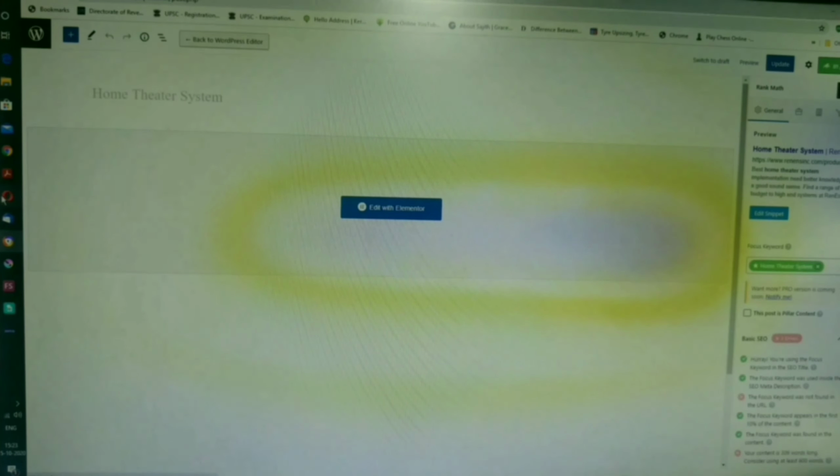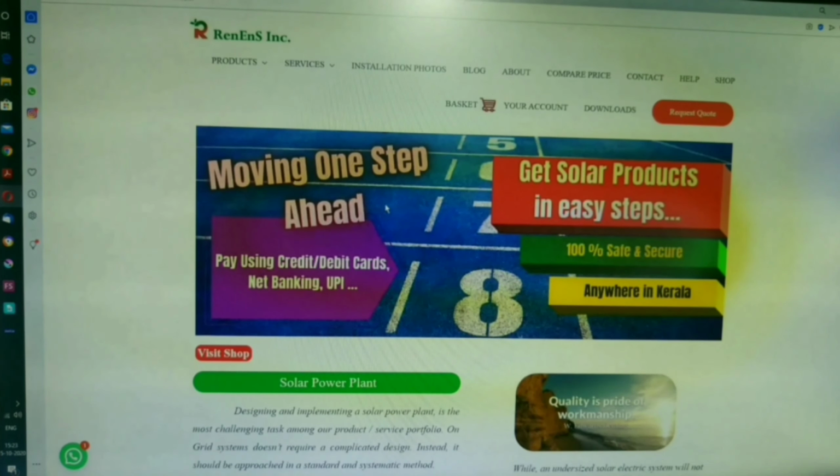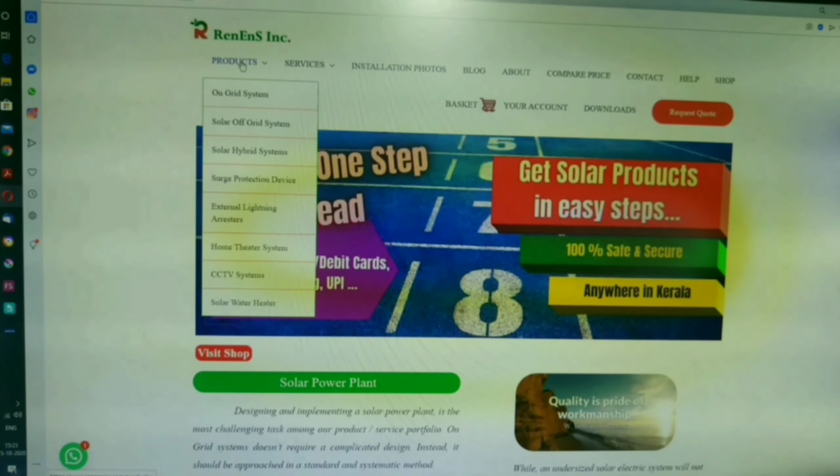Okay, now we are moving into the second set of pages, and I have optimized the solar products page also. Now we will try to optimize this home theater system page. Click on the edit button. By the time it loads, we will go to the Opera browser, and here also under products we will open that home theater system page. We will be going back to the